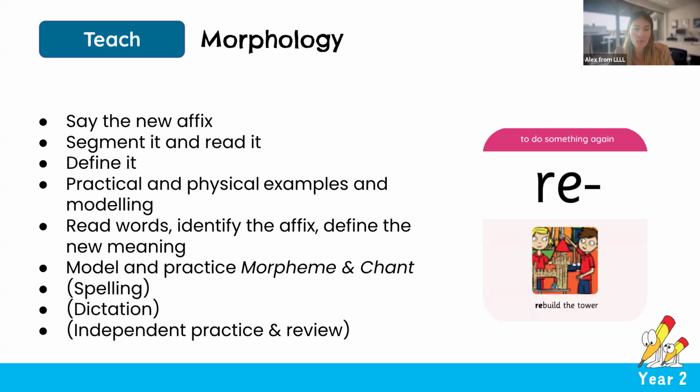Then we're going to define it for students before we give them some practical or physical examples and modeling of what the meaning of that morpheme is and what it does to the base words. We're then going to read some words using the new prefix or suffix. When we read them, we then identify where the new affix is, often underlining it, and define the new meaning of the word. That's something we certainly don't want to skip when we are teaching morphology, because really a lot